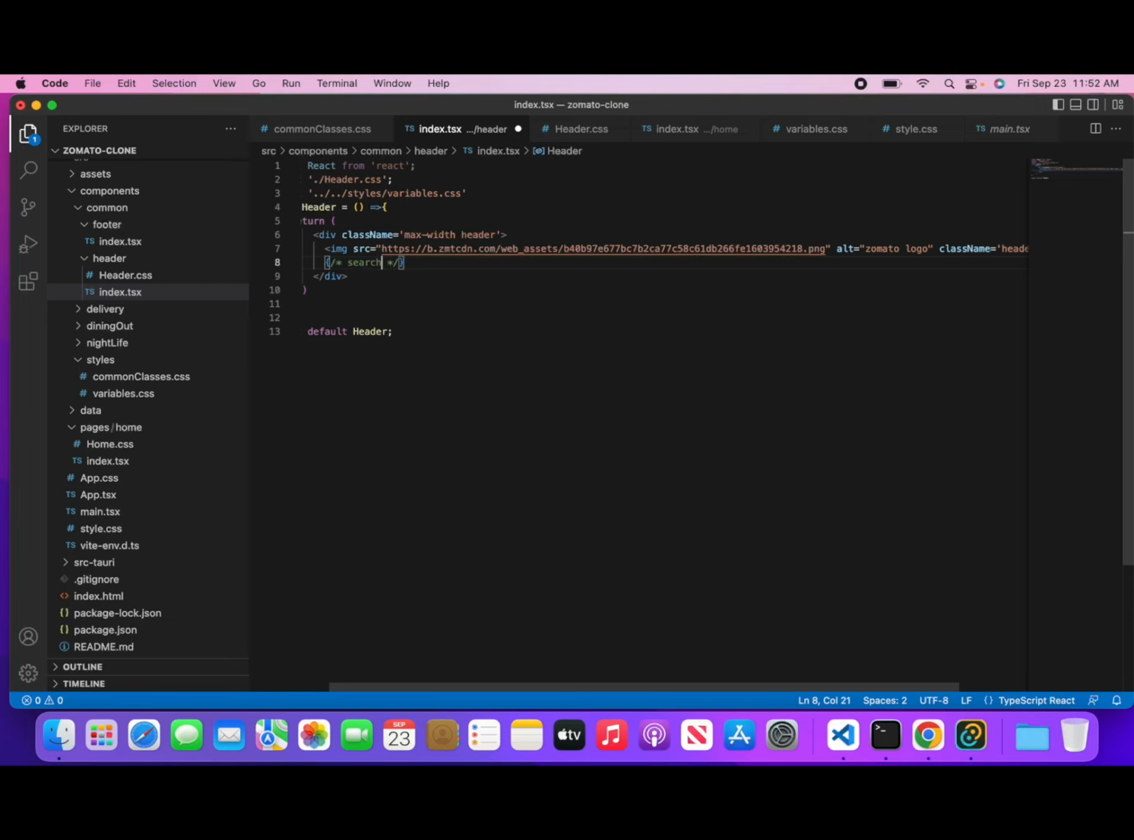Give it a comment, hi. Dot header. I'm using an image extension for making things easy. Hi, header, right? That is for the thing after the logo. And we have header,